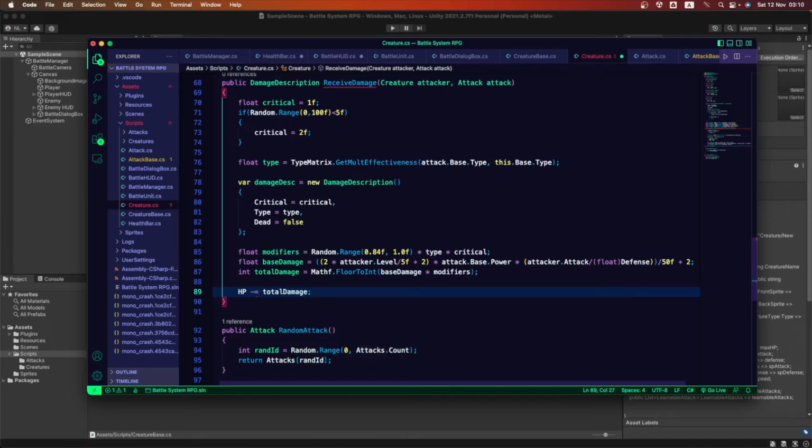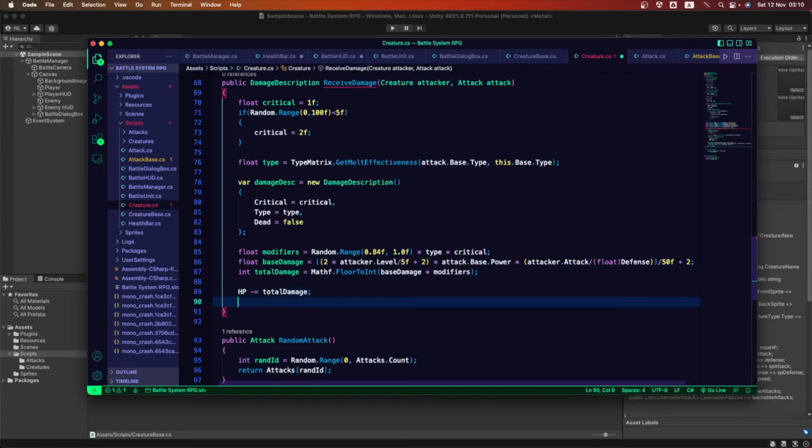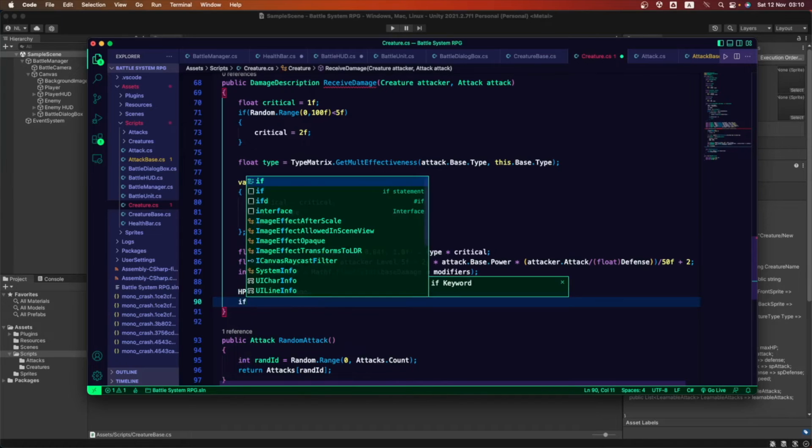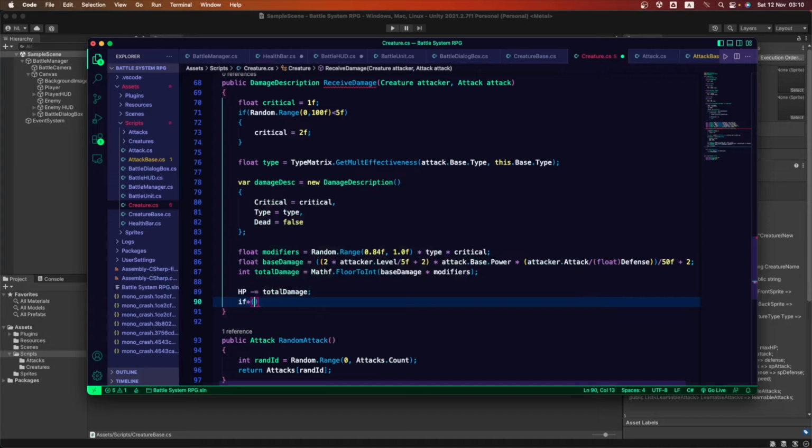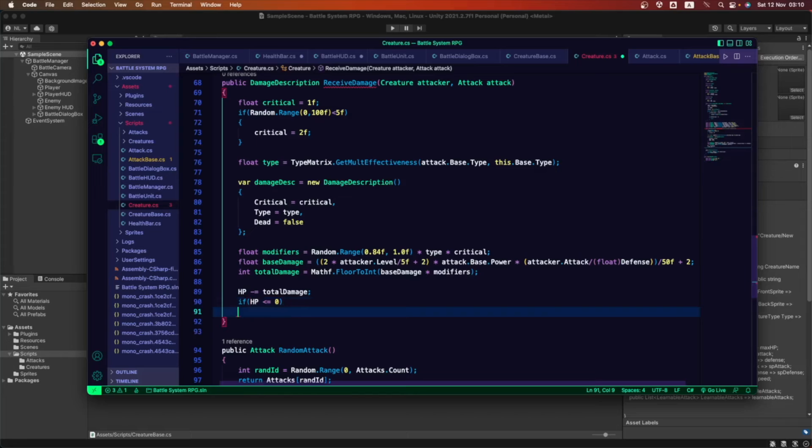HP is going to be equal to total damage. There it is. There is where things are happening. So if, let's open up a parenthesis here, if HP is less than or equal to 0, then what is going to happen?